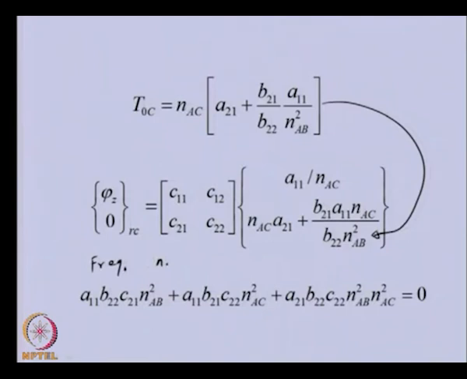This is the frequency equation, and in this particular case we will be having many natural frequencies, and how many, let us see. In branch A we had P number of discs, in branch B we had Q number of discs, in branch C we had R number of discs. So, total